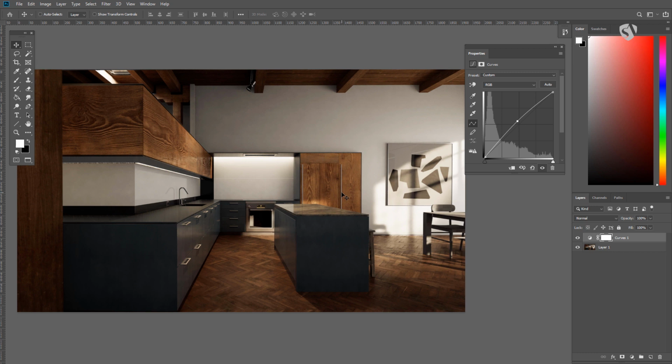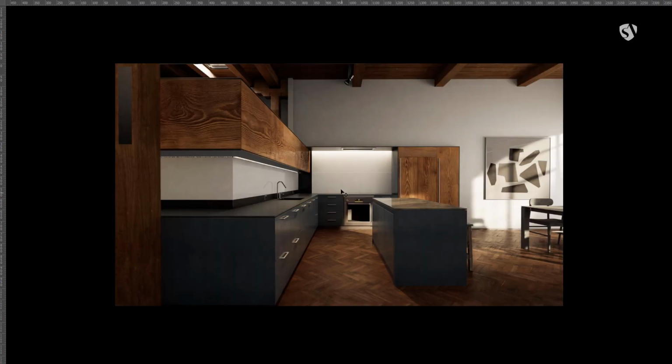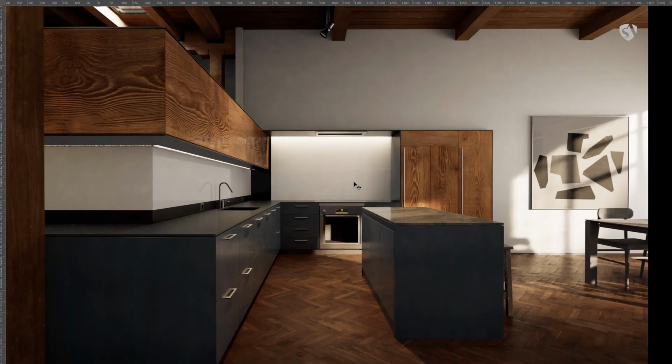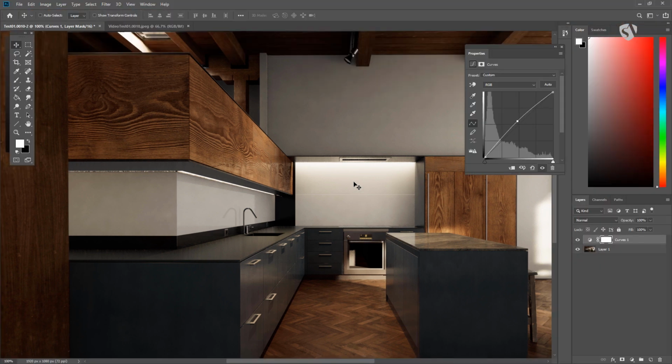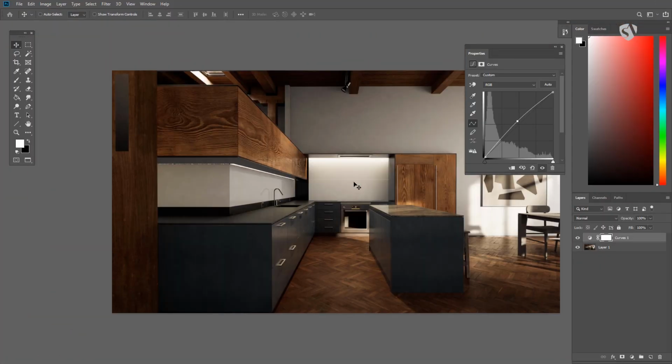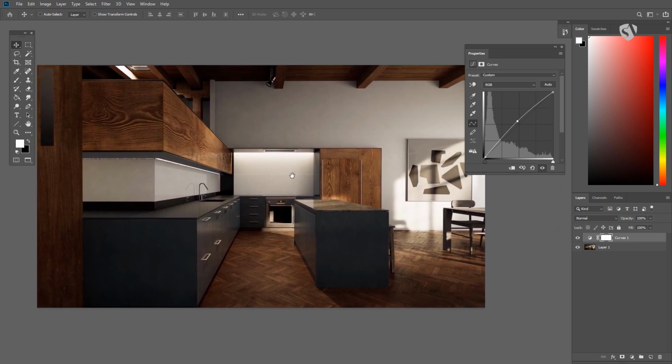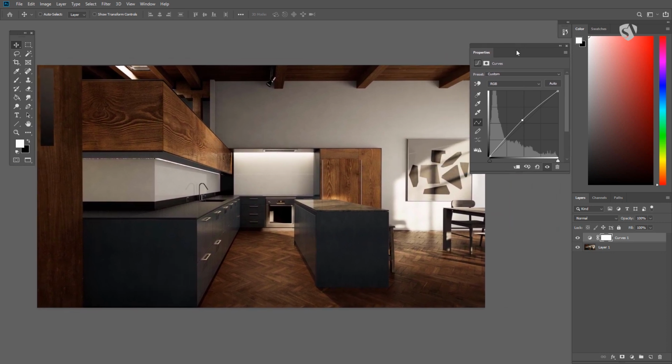It's perfect for me. And then you have the full screen mode, which is cool when you are done with the image, or you want to show the image to someone else, or it's just for you, and you want to check the image a lot better because you don't have the interface around. You can press Control R again to turn off the rulers, and that's it. Okay, so if you press F again, you go back to normal view, but I prefer the free mode, this one, so I can move my image a little bit on the left and have the properties here. Now,